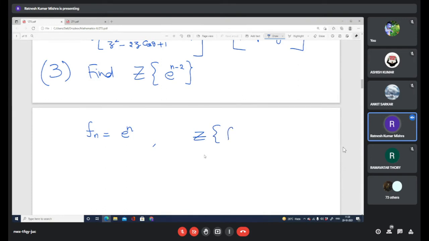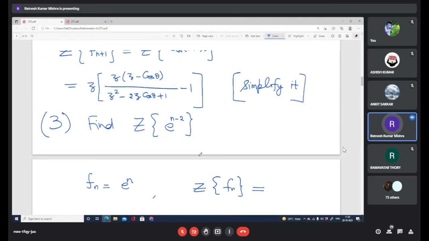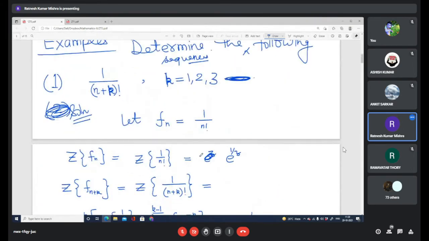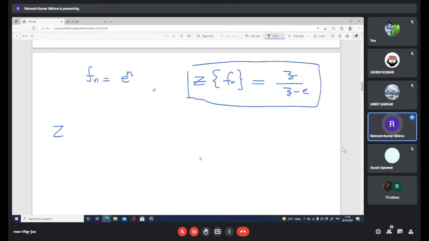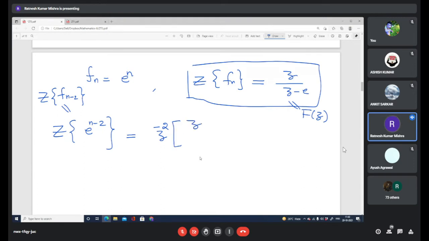So Z transform of f(n) we have already found, अभी बताया था ना, z by z minus e. So this is the Z transform of this one. Now Z transform of e raised to power n-2, यानी कि ये एक्चुअली क्या है, Z transform of f(n-2), ये है ना। सो z के पावर minus k, यानी कि z to the power -2, f(z) means this is f(z). सो z by z minus e, ओके। तो ये कैंसिल हो गया, ये z नीचे चला जाएगा।